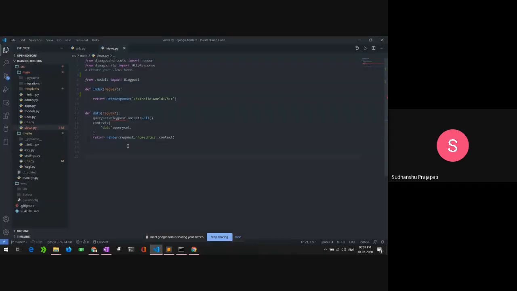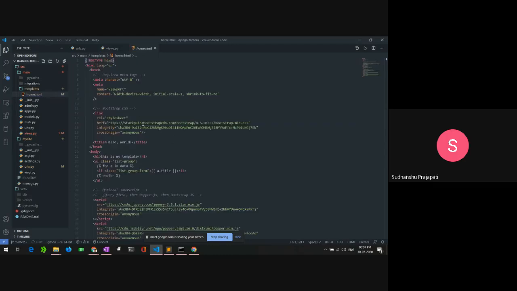Let me show you how we are actually getting it. Here is the code. We are importing all the objects that we created on the first day, and giving them to the context of the template, that is home.html. Let me show you home.html and how it is rendering.